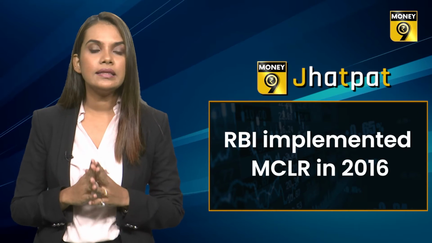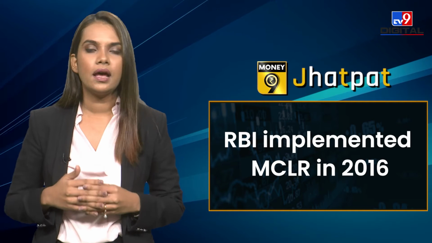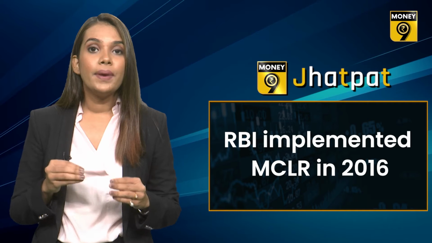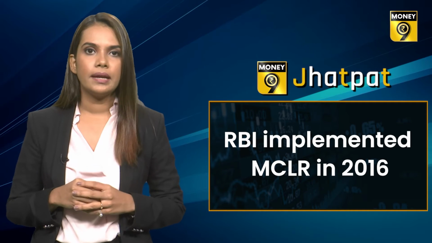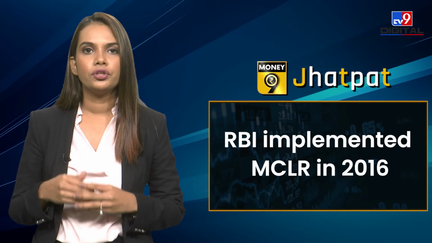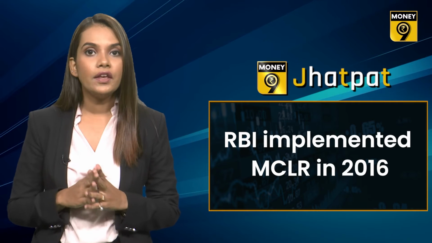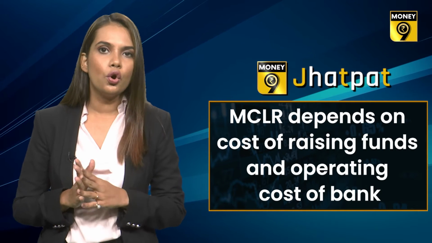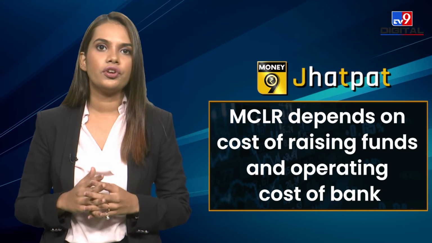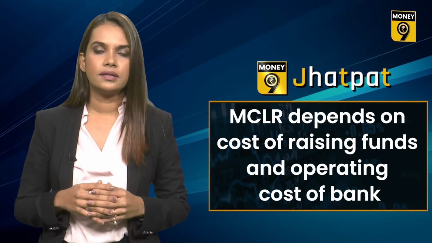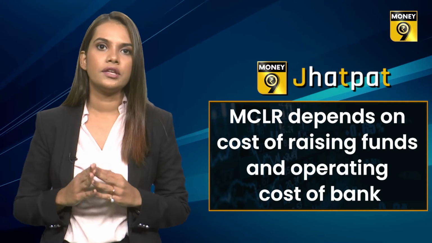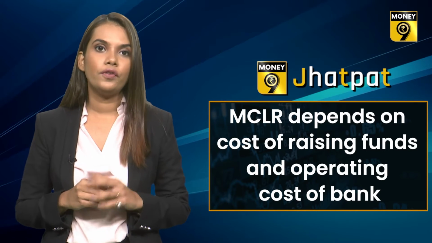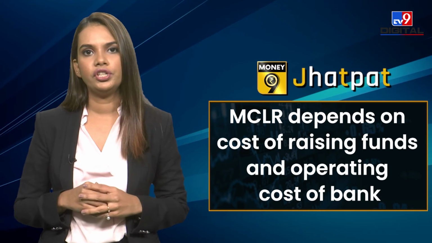In 2016, the Reserve Bank had implemented the MCLR system. Earlier, banks used to run on the base rate system. Base rate system was introduced in 2010. MCLR is closely related to the repo rate fixed by the RBI and the cost of funds of the bank. In such a situation, whenever the Reserve Bank raises or lowers the repo rate, the floating interest rate of your home loan increases or decreases. If you think that there is no difference in your EMI, then the answer to that is that your EMI does not change due to fluctuating interest, but the tenure of the loan changes.